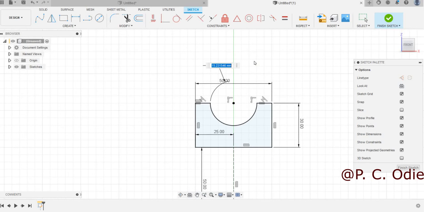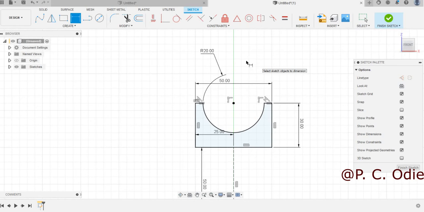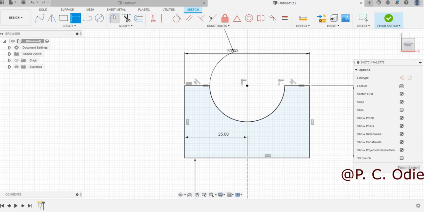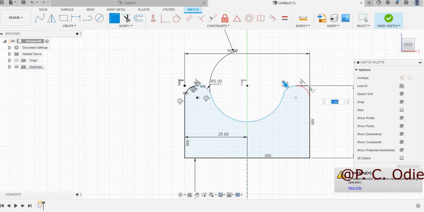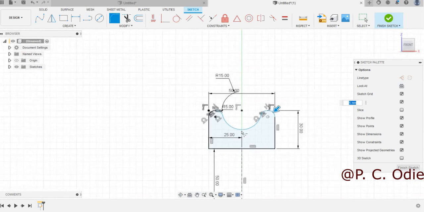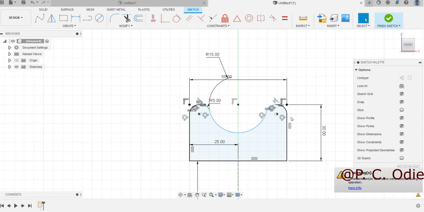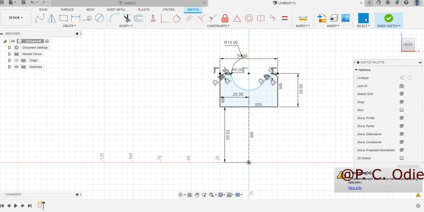Let's try 15 millimeters. It's a small pulley, so we can maybe put 20. Let's see, 20. I can put 15, it is okay. It's just a small pulley. And then from that we can fillet it, using maybe 5. Yes, 5 is okay. This side also 5. Enter, and then we can now create